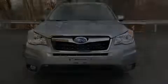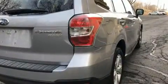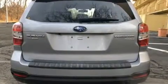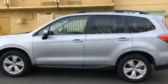Sensibility and practicality define the 2016 Subaru Forester. It features all-wheel drive versatility, an automatic transmission, and a 2.5-liter four-cylinder engine. Top features include a split folding rear seat, a tachometer, variably intermittent wipers, a power rear cargo door, remote keyless